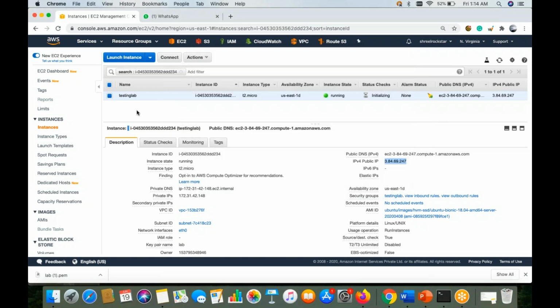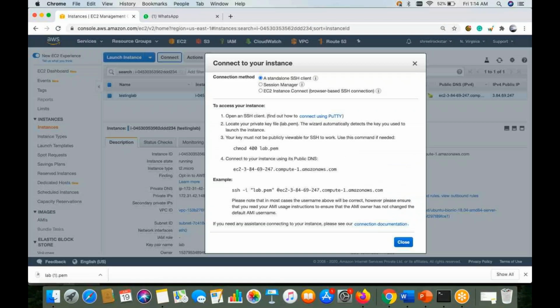And there is one more option, guys. Once you click on connect, this will give you the complete information about accessing. See, this will be from your SSH -i lab PEM. This is the command they have given. And OpenSSH connect, you can also find out using PuTTY, that is also available. So you can see this process from a Windows machine. Once you click here, you can see the complete flow of how we are doing it.